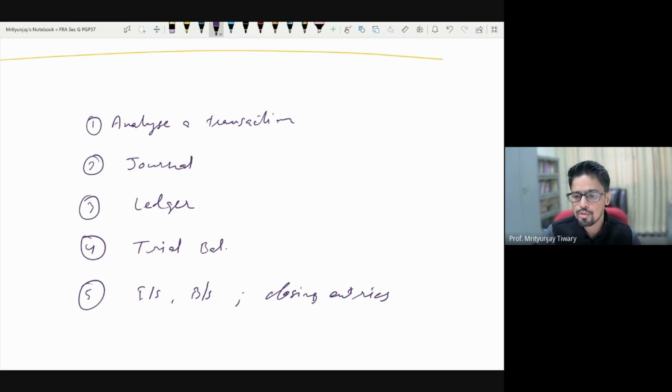Now, these 5 are going to be the steps. In different books, you can see the representation of the same steps, maybe in 6 bifurcations, or sometimes, I don't know, even 7 bifurcations. Not too much of an issue, because the flow of the work is going to be exactly the same as I have mentioned. Now let's go through all of these one by one.